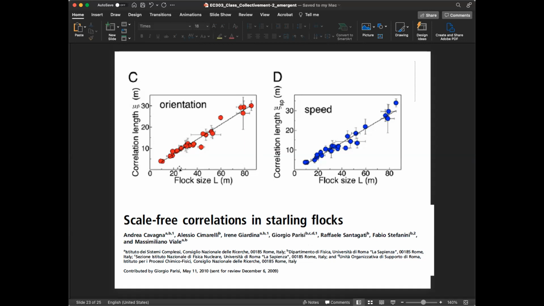This is an example, again, of an emergent pattern. This scale-free pattern cannot be attributed to any individual behavior per se. Individuals are still following their nearest neighbors most likely, or at least some number of nearest neighbors. But what you are seeing at the level of groups is a property that can only be defined and thought of at the level of groups. They don't even make sense at the level of individuals. Okay, any questions on this interpretation that I just mentioned?